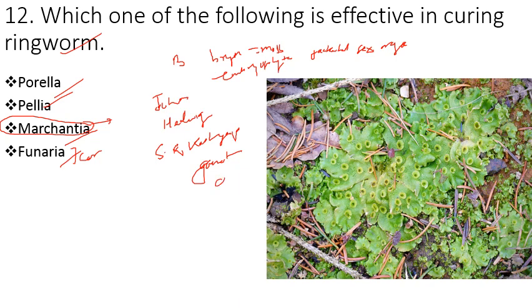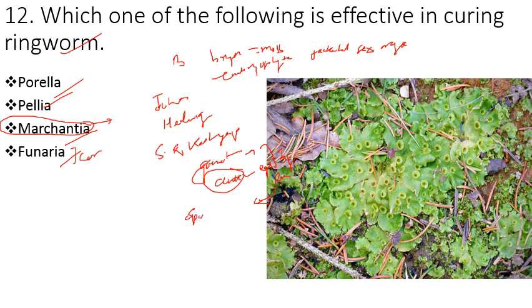in which the male sex organ is called antheridia, and the female sex organ is called archegonia. For fertilization purpose, the antheridia will produce male gamete that is called antherozoid, and archegonia will bear egg. They both will fuse and form zygote, which will develop into the multicellular embryo, and this embryo will grow into a structure that is known as